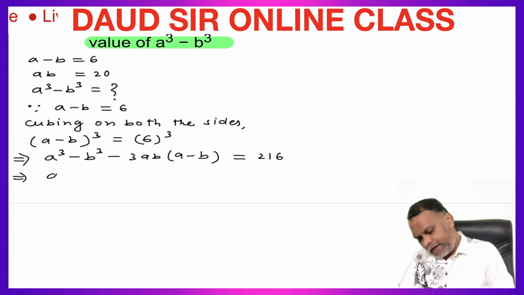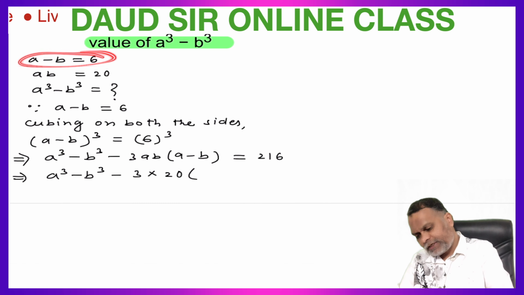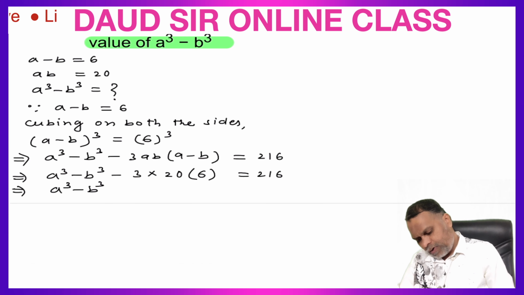which implies a cube minus b cube minus 3. The value of ab is given 20. The value of ab is 20, into a minus b, the value of a minus b is 6, is equal to 216, which implies a cube minus b cube minus 3 into 20 is 60, and 6 into 60 is 360